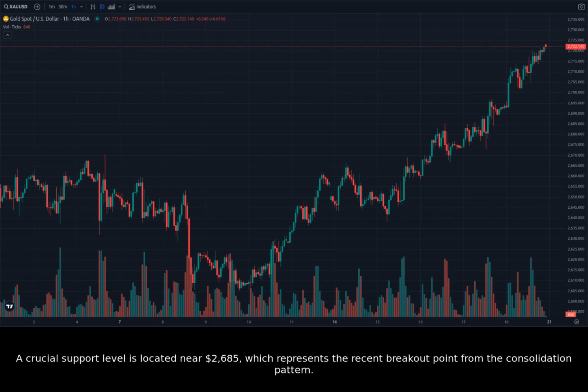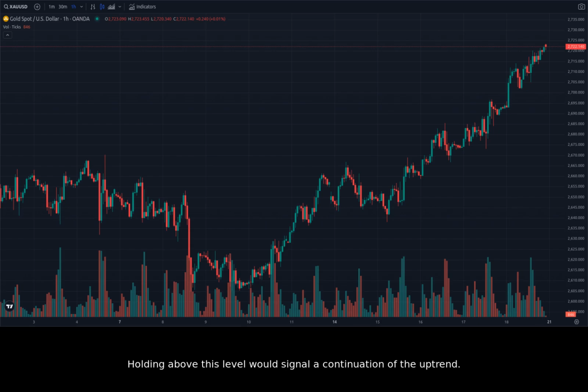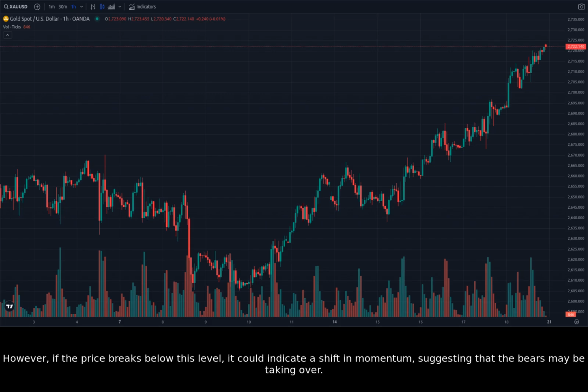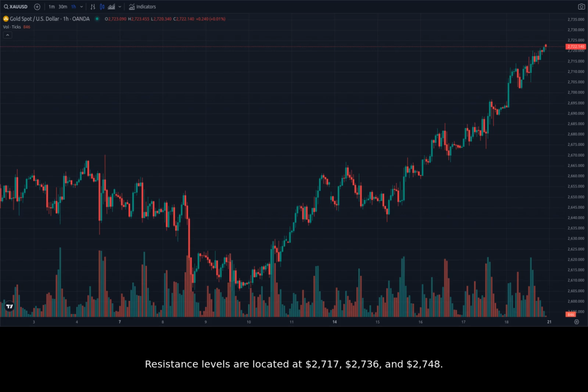A crucial support level is located near $2,685, which represents the recent breakout point from the consolidation pattern. Holding above this level would signal a continuation of the uptrend. However, if the price breaks below this level, it could indicate a shift in momentum, suggesting that the bears may be taking over. Resistance levels are located at